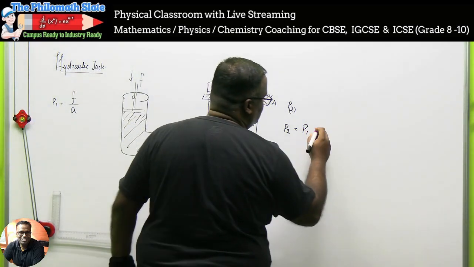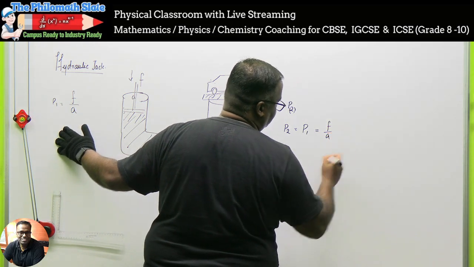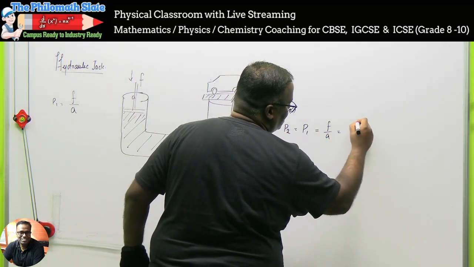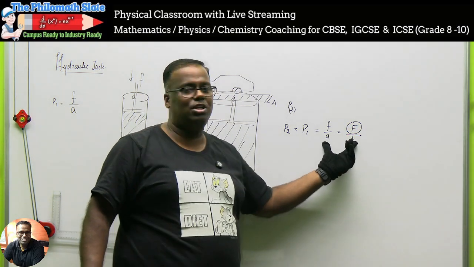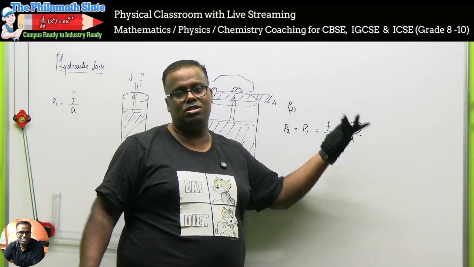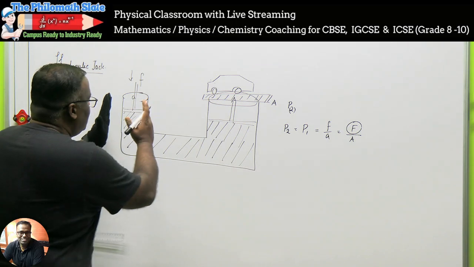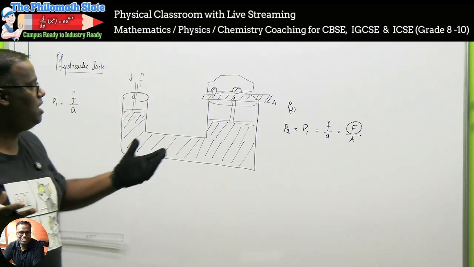So P2 is also equal to F upon A. And as such, the force that you can generate here depends on the cross section. Now play between these ratios and you can increase F as you want. आपको जितना F चाहिए आप निकाल सकते हैं. छोटे एरिया में ज्यादा प्रेशर देंगे तो प्रेशर बढ़ गया. सेम प्रेशर